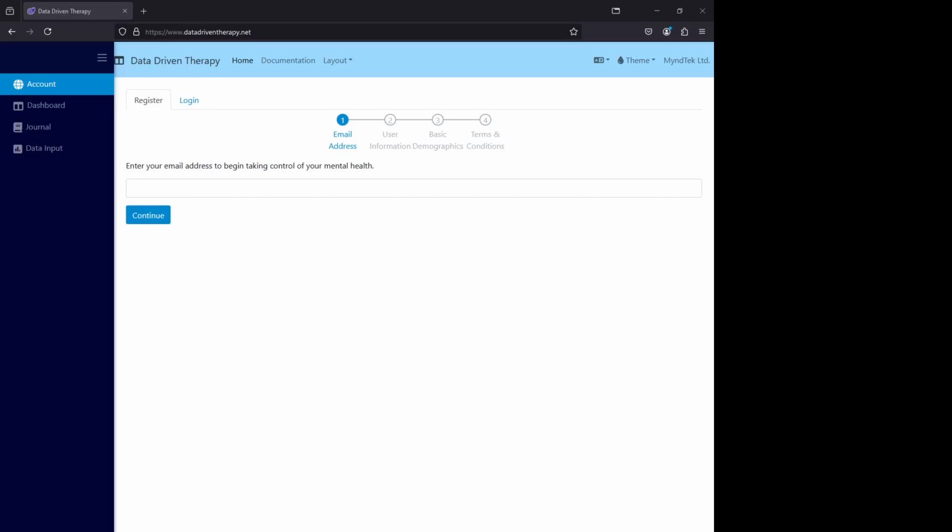I am President and Software Architect at MyndTek Limited, where we develop data-driven therapy. Today I just want to take some time to show you guys some really cool updates we've pushed out recently. These are quite extensive compared to what the application used to look like. So we're just going to do an impromptu walkthrough of a lot of the different features here with